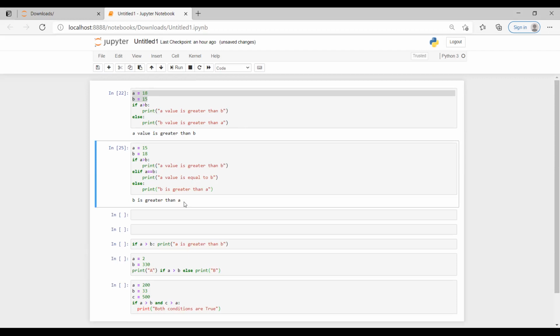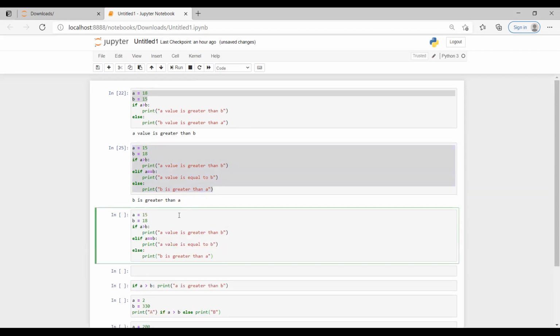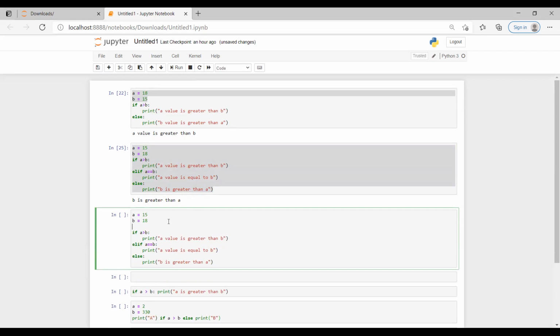statements. What happens if you have two conditions to be checked at the same time? Okay, let's say, I'm just taking the same code again. So I have some other C value. C is equal to 20.